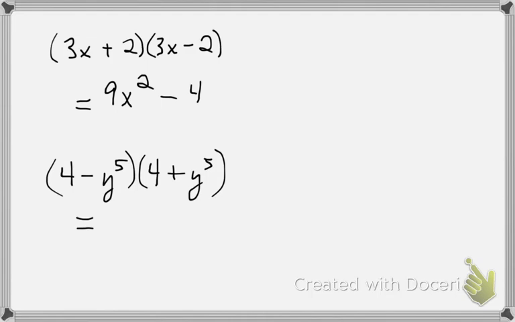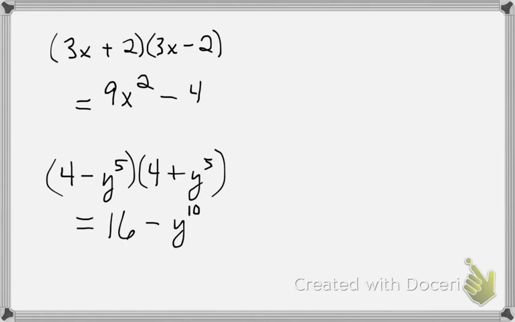What is 4 squared? 16. Minus. What is y to the 5th squared? Y to the 10th. That's it. That's all there is to it. So if we FOIL it, we get that result. You will. But I want you to get confident doing this because eventually we're going to go backwards. So get confident. If you want to, try the formula, then FOIL, and you can see if you fouled it